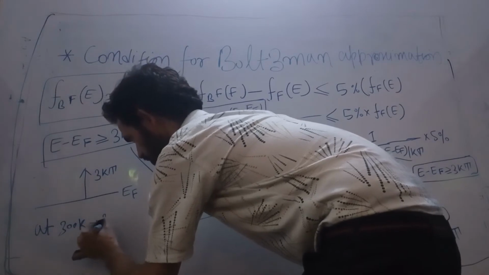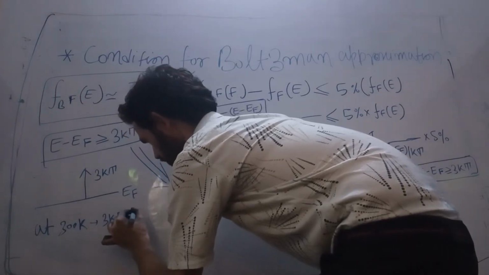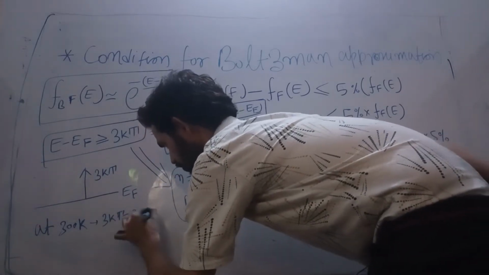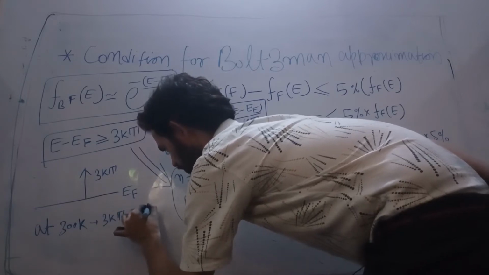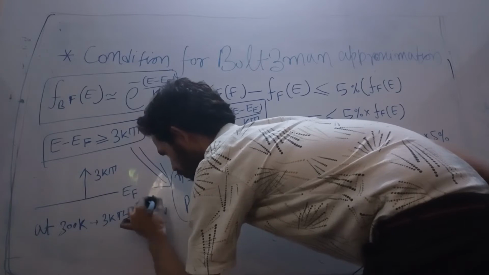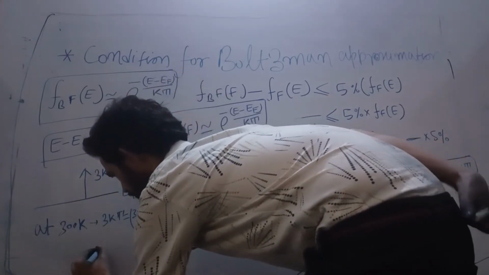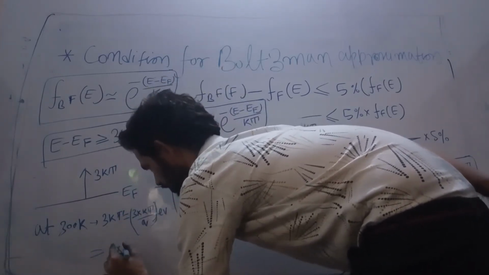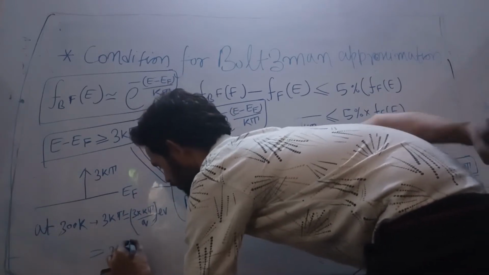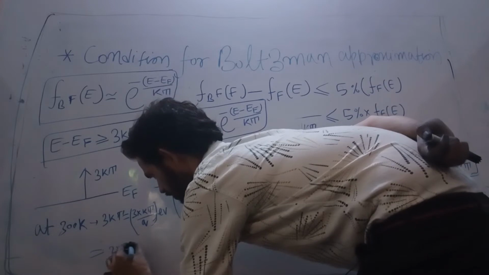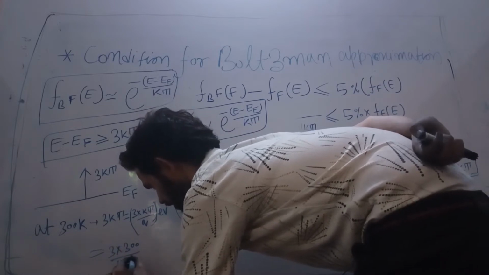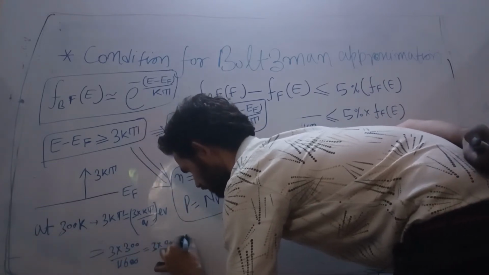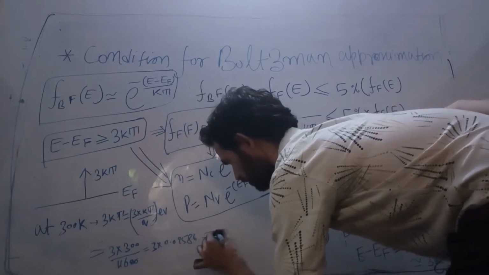What is this 3 kT? 3 kT means 3 into k, the Boltzmann constant, times T, and kT by q gives us the value in electron volts. So 3 into kT, where T is 300 divided by 11,600, which is nothing but 3 into 0.02586,